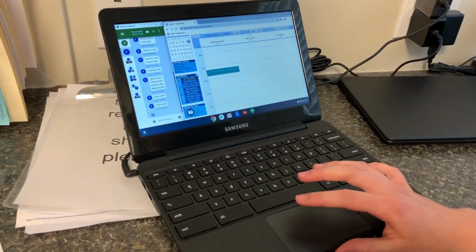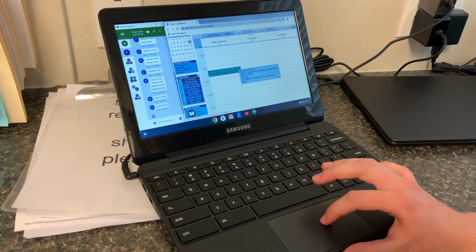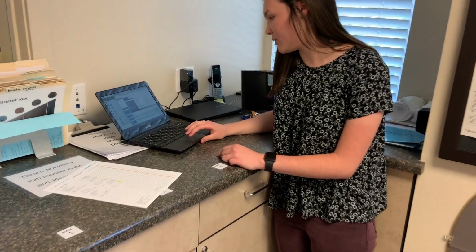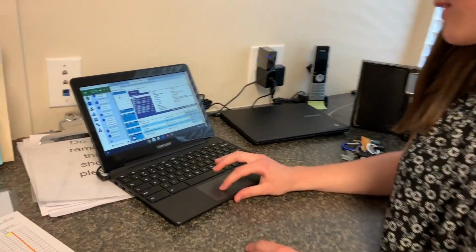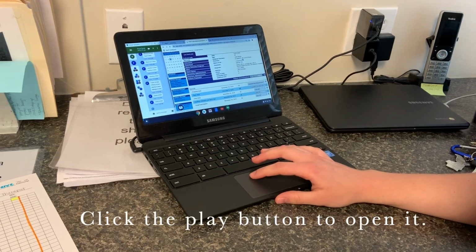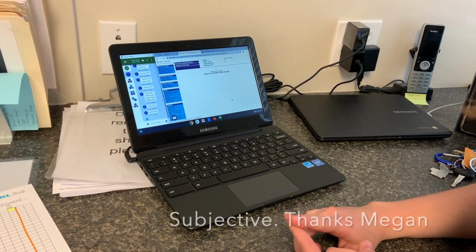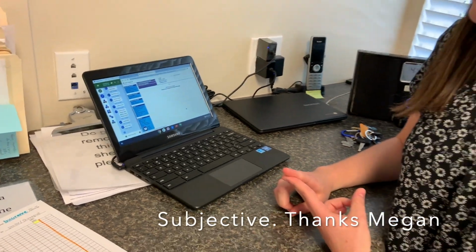You just hover over their name and then click on this right here. And then that will pull up their case. And then you can pull up their daily note from their last visit and go down and look at their pain scale and their subjunctive from their last time. And that will give you some things to follow up on when you're getting ready to take the note for